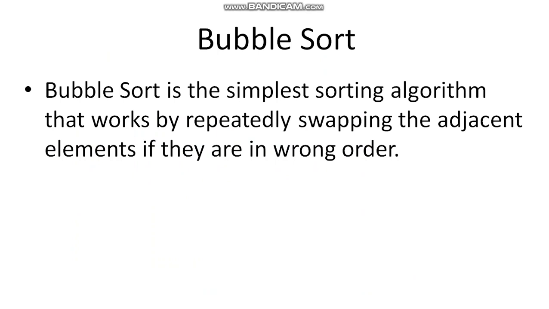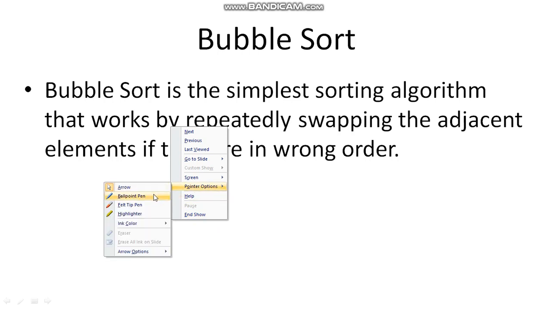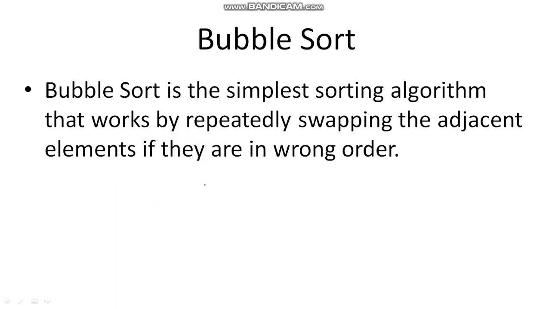First of all, let us discuss bubble sort. Bubble sort is the simplest sorting algorithm that works by repeatedly swapping adjacent elements if they are in the wrong order. What we want to do in bubble sort is rearrange the elements of the given array using some selection criteria, and finally the given array will be sorted. There is a particular way to do it, so let us see how it is done.